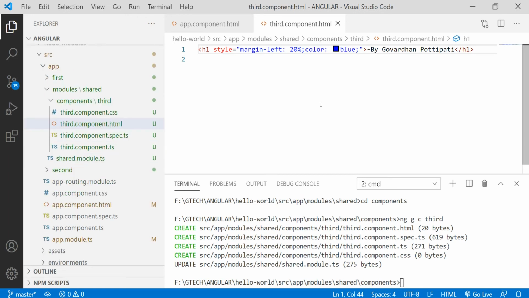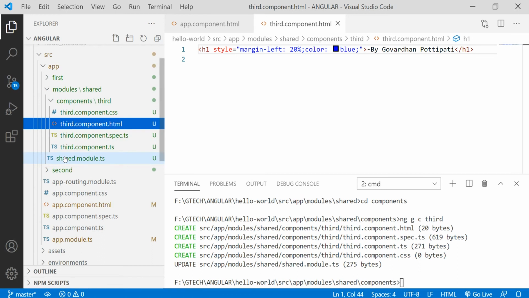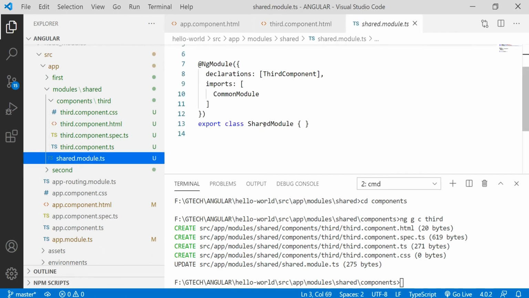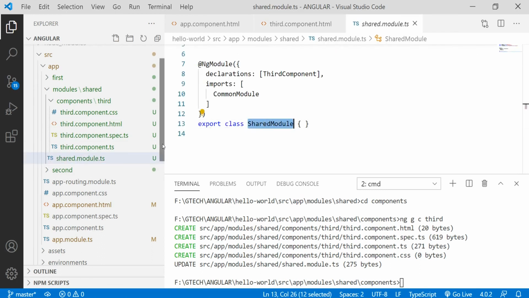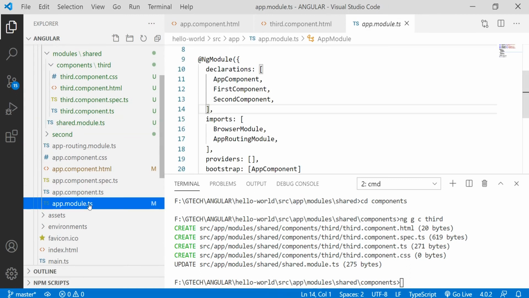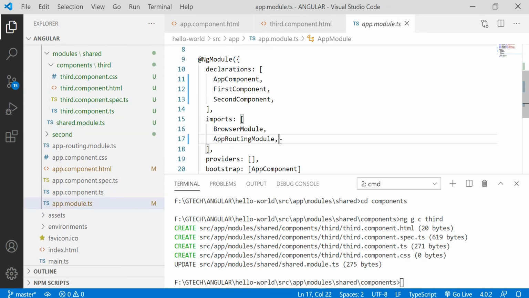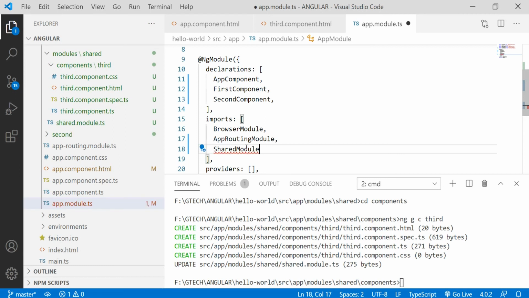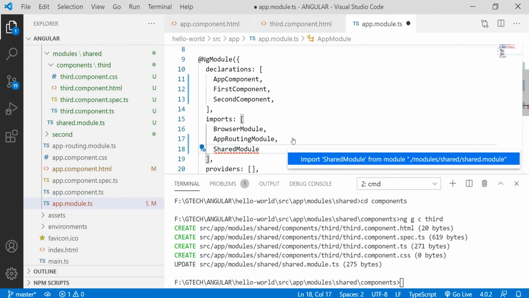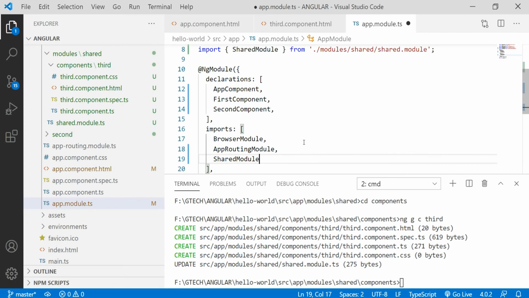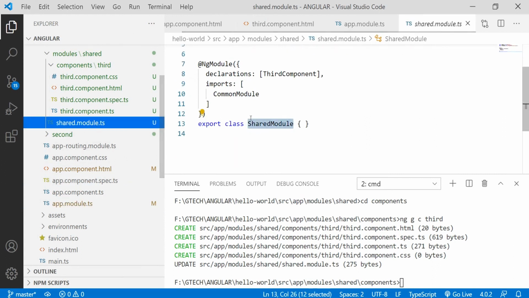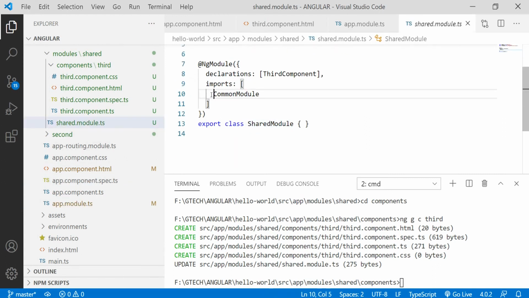To do that, we need to perform a couple of steps. The first one is we need to include the shade module inside the imports section of app.module.ts. Let me add an import of it by using Visual Studio Quick Fix. Perfect. The other one is we need to add an exports property inside the shade module.